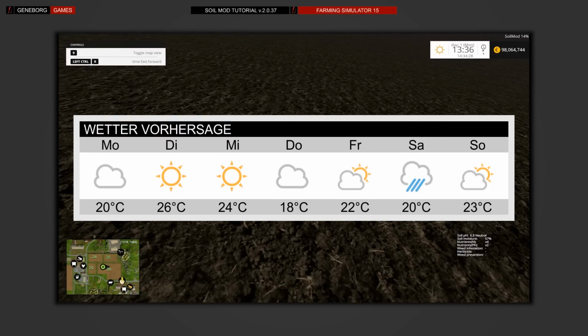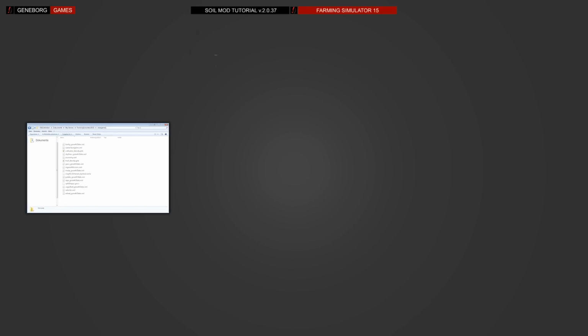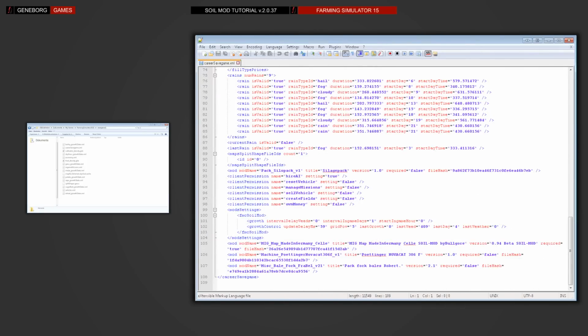The temperature is checked at noon every day. The indicator will start counting to 100 if necessary, but that doesn't change the growth cycle. You can change the growth cycle manually by opening the savegame folder and searching for the career savegame XML file. If a growth cycle has been calculated in-game at least once, and the game has been saved afterwards, a new